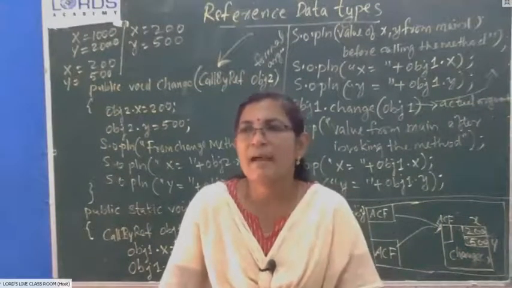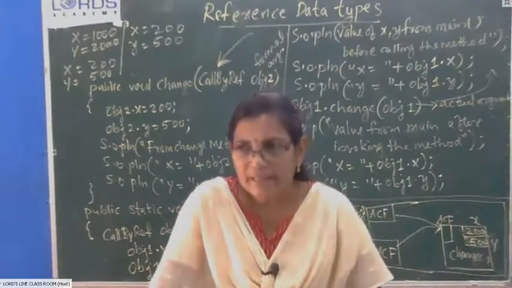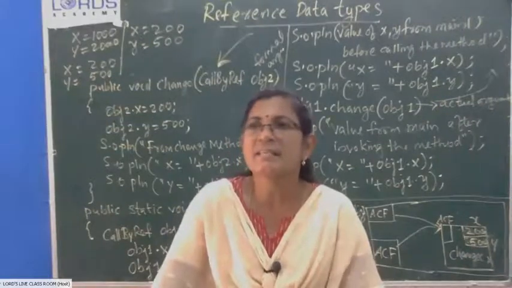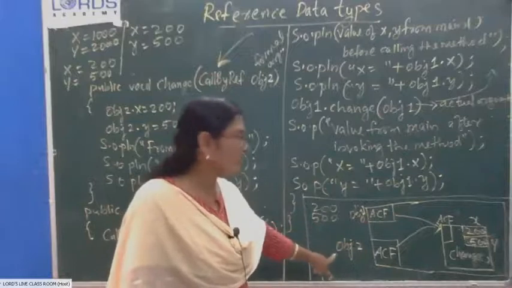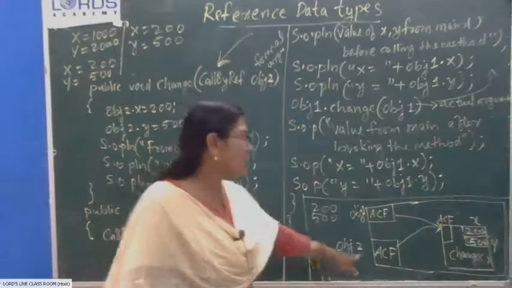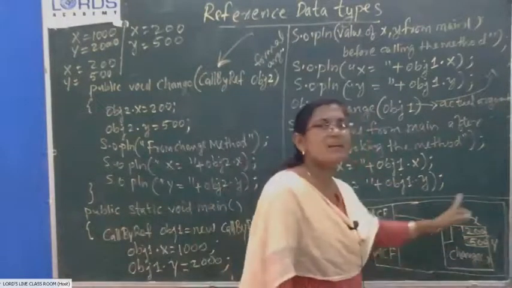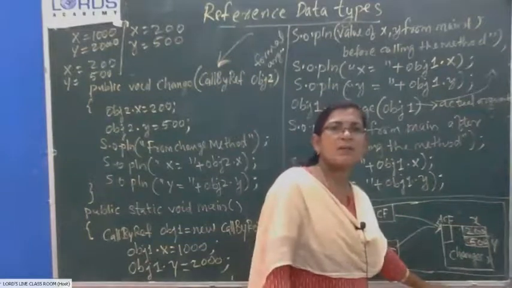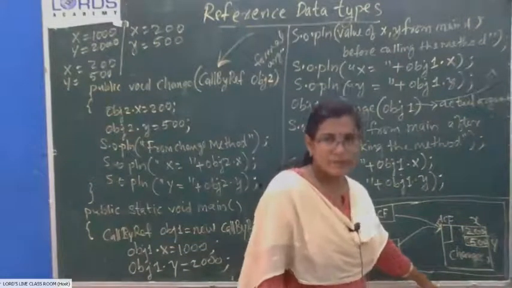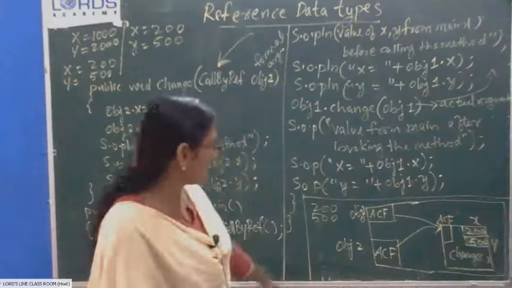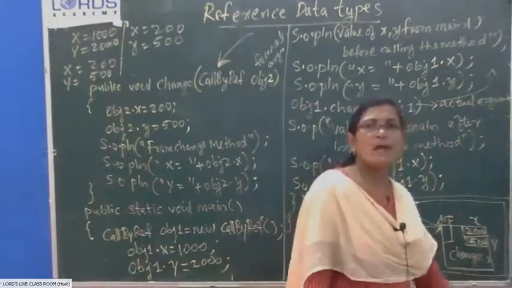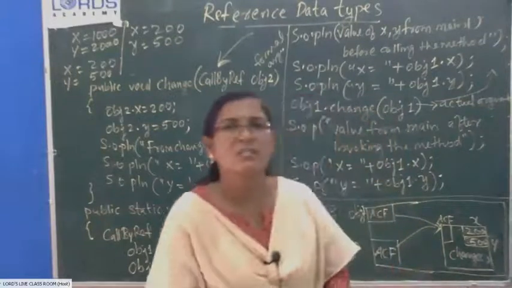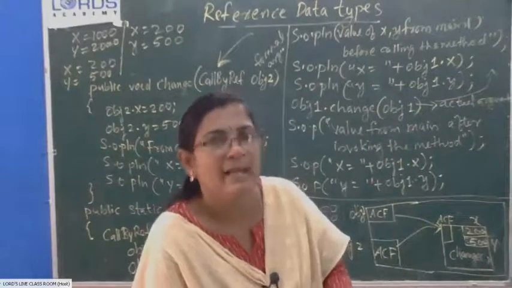Okay, let me come back. In call by reference method, what happens is the address of the actual argument is copied to the formal argument, and formal argument works with the same memory location, not with the duplicate copy. So whatever changes are made by the function will be in the same place where the original value was stored. See, we lost the original value, we will not get it back again.